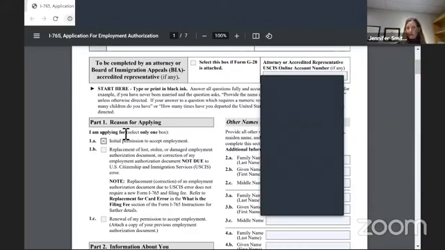If you were renewing DACA for some reason, you would choose 1C, that it's a renewal of a work permit